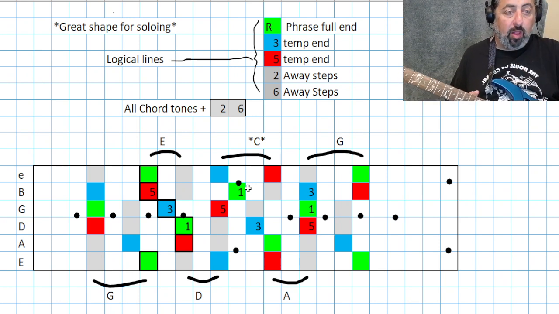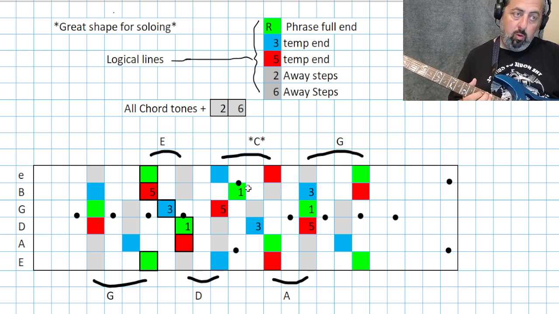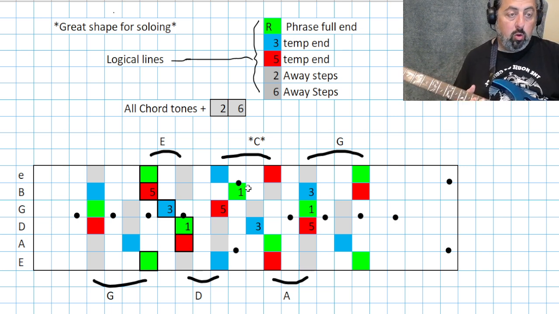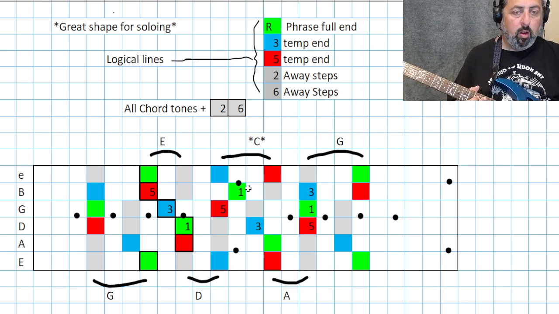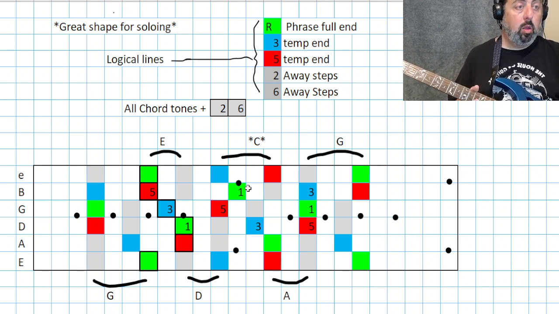And if you land a little early on a chord tone, you can just... see, I ended there. That's a tension note. That's a step away note. So I did end on a, but that's because I'm in between the line and I'm going to end my next line. There's a logic coming because I'm going,